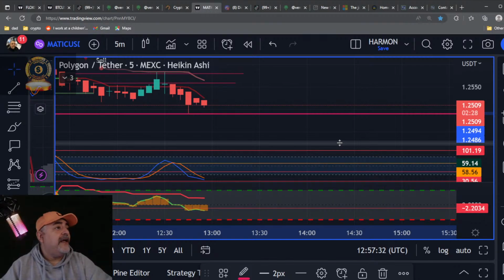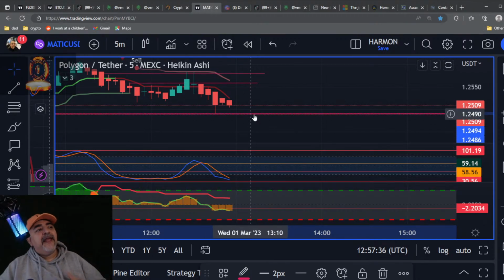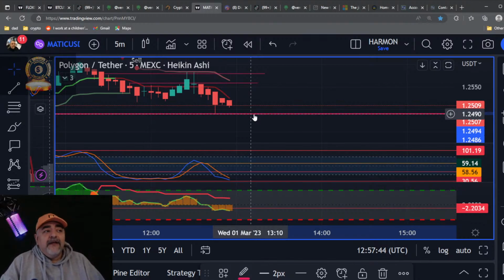All right, so let's go check out STX real quick. So the 5 minute RSI has to bounce, right? So we can't enter a trade unless the RSI gives us room to make money. We're looking to short right now. So we're shorting Matic, right? We can't short